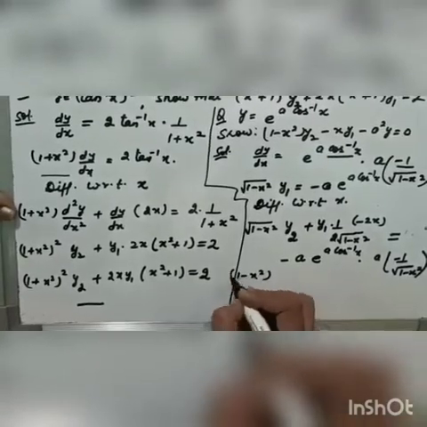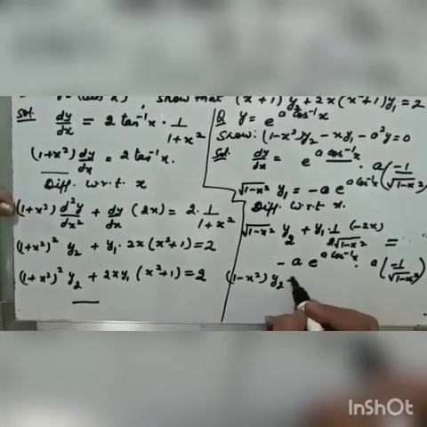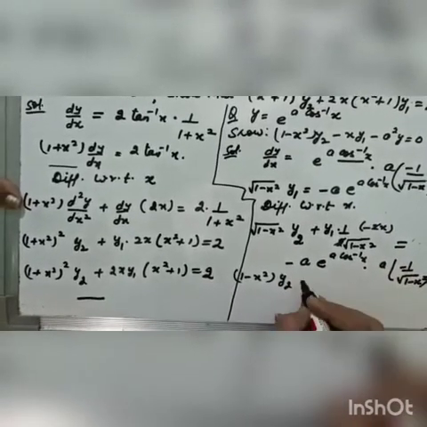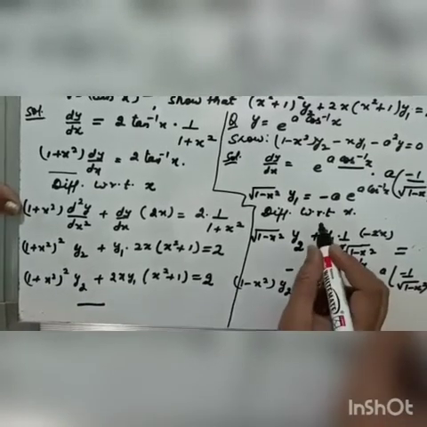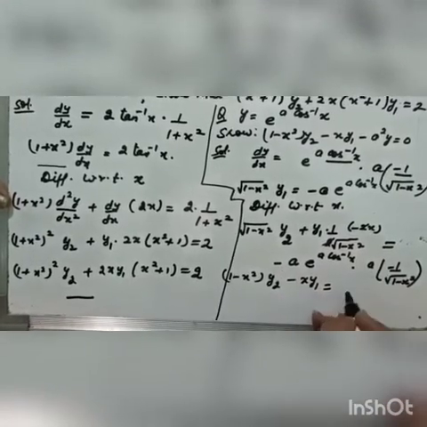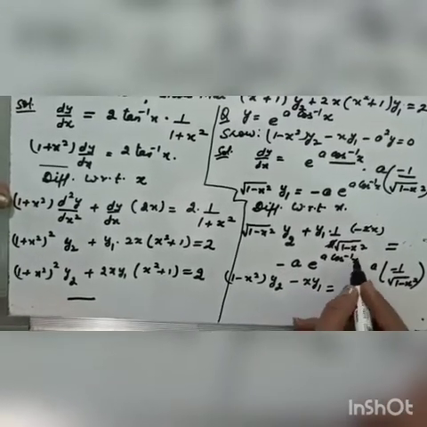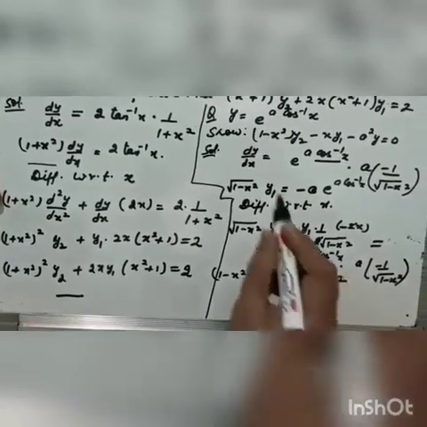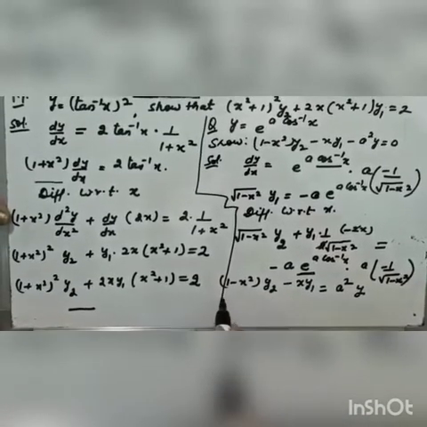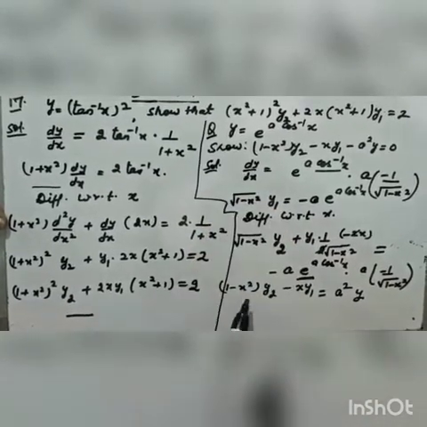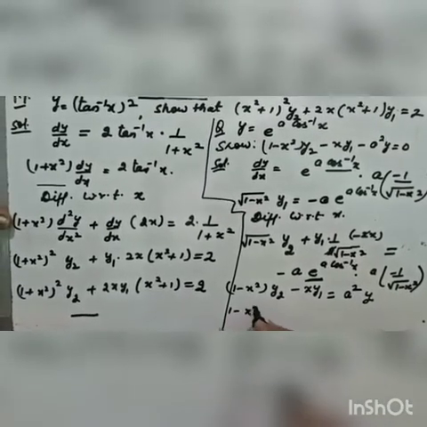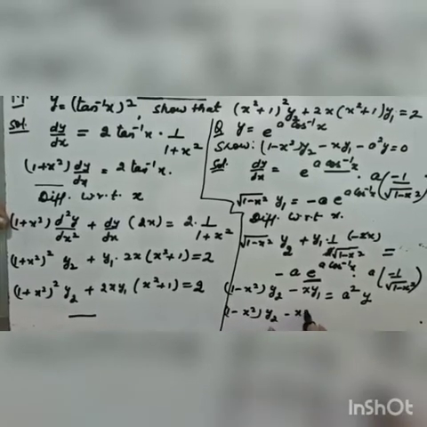We get this into y2 plus, these 2 and 2 cancel, it is minus x y1. When you multiplied here, this and this will also cancel. Equal to minus a times minus a, which is positive a square, and this e to the power a cos inverse x is from the statement our y. So we obtain the required answer. So 1 minus x square y2 minus x y1 equal to a square y. And if you take that a square on the left hand side, we get the required result.